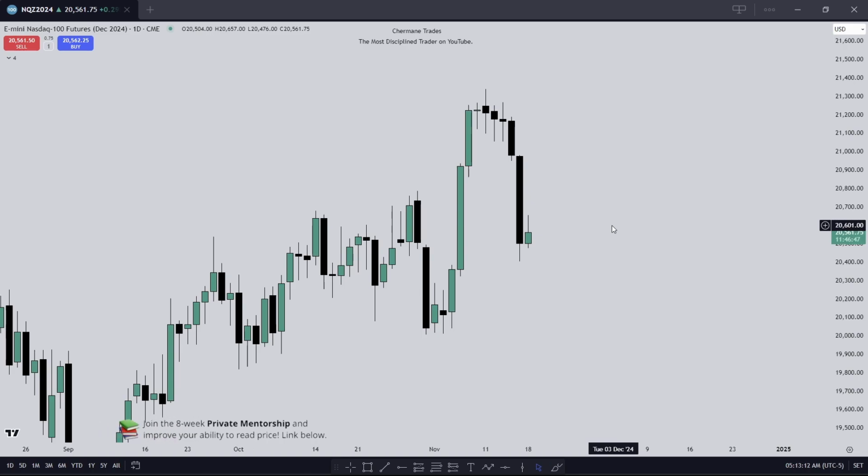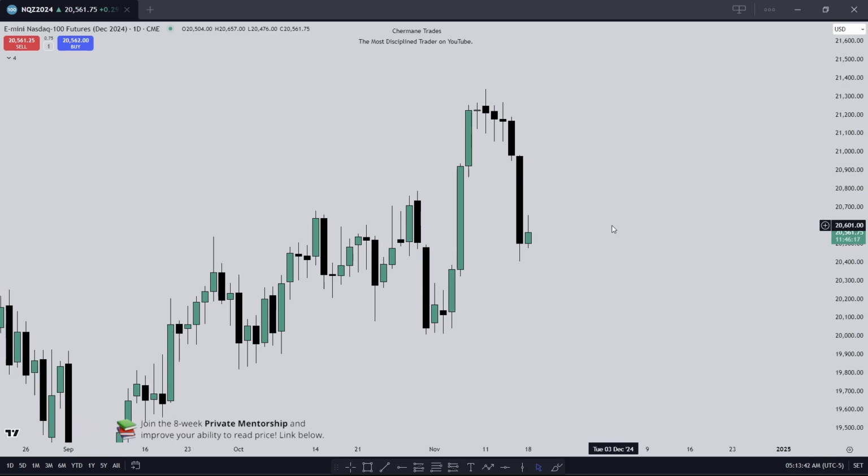Bias and narrative. What is bias and what is narrative, and how do you use the two to frame setups on the lower time frame? So bias is directional. Where is price going? Is it going higher? Is it going lower? Is it going up to buy side, or is it going down for sell side? Narrative, on the other hand, is why is price going to those levels. So bias is where is it going? Narrative is why is it going there?